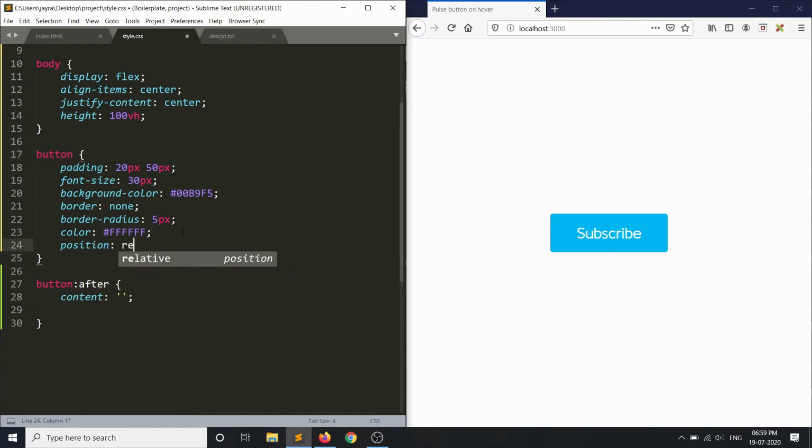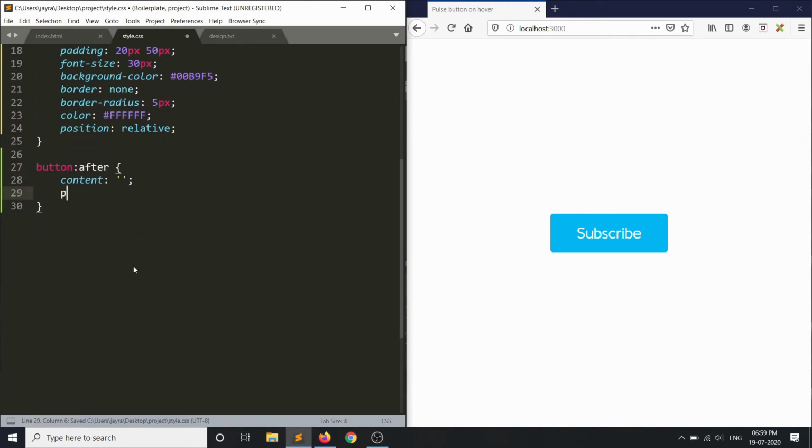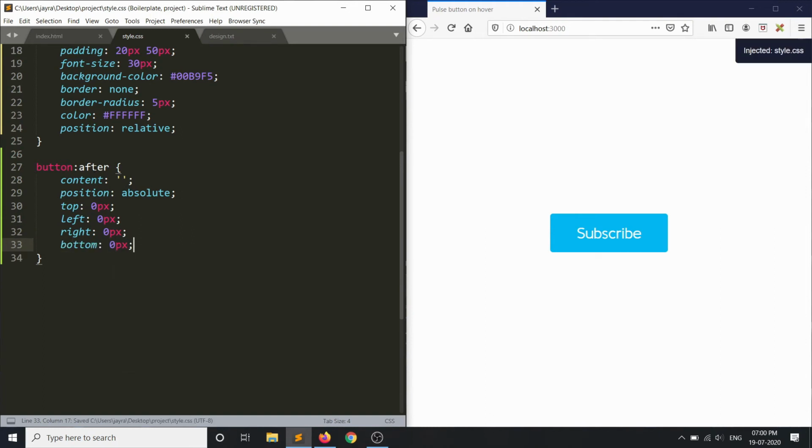I'll just say position relative, and for this after element, I'll say position absolute, and I'll make all the offsets 0 pixels. So I'll just say top 0 pixels, left 0 pixels, right 0 pixels, and bottom also 0 pixels. What this will do is stretch out our after element to completely occupy the button.